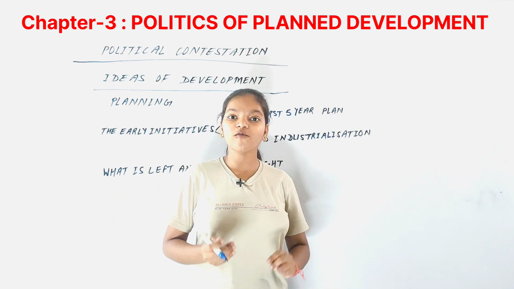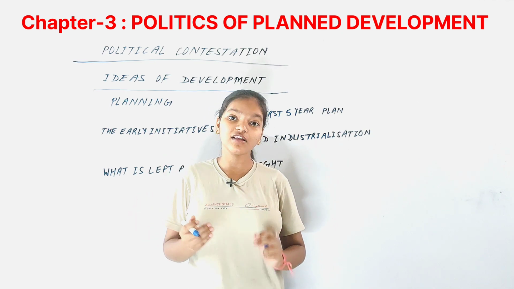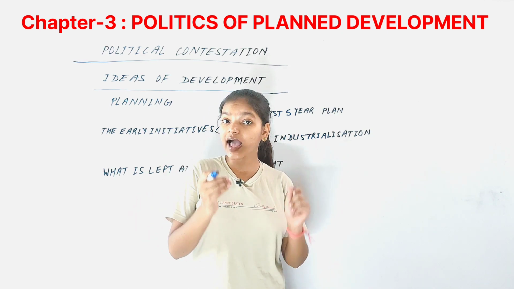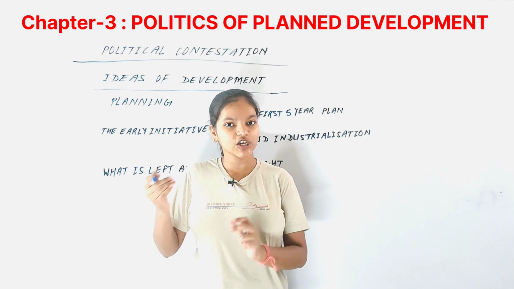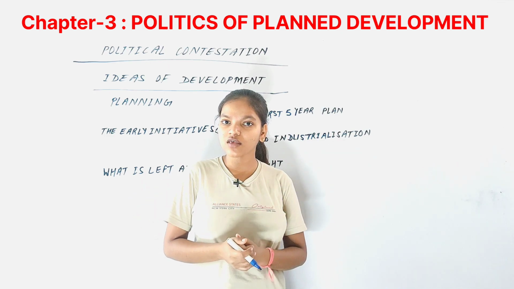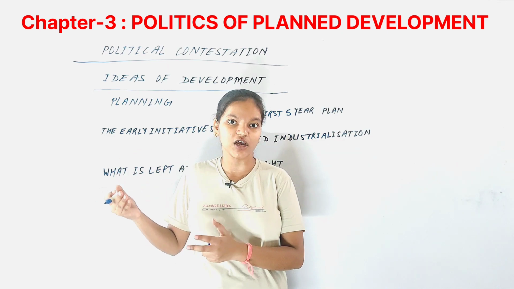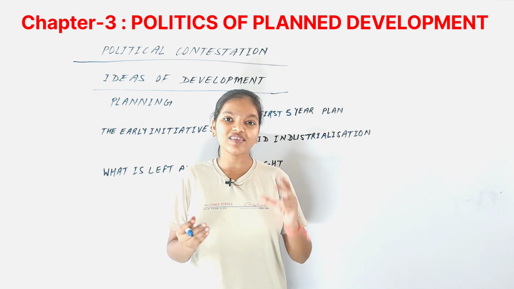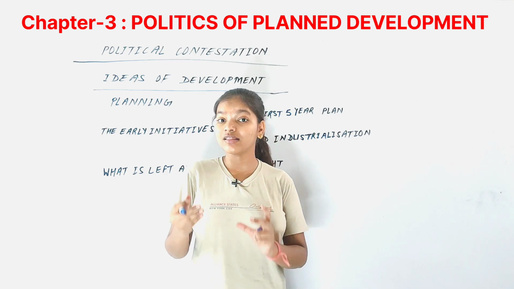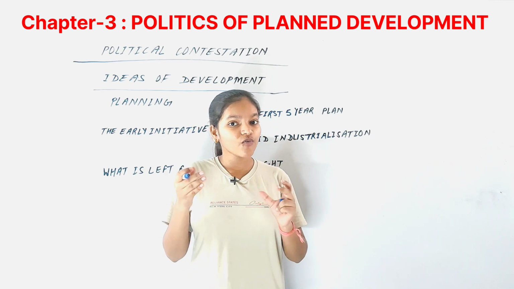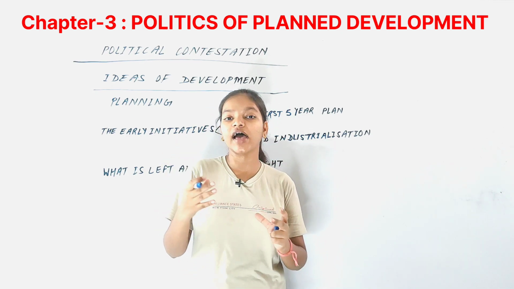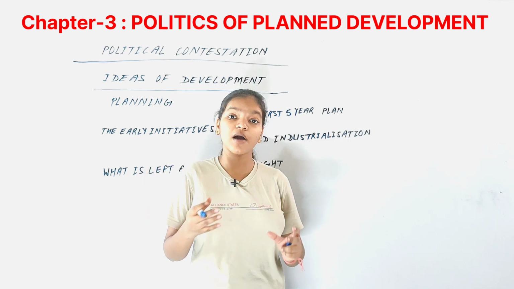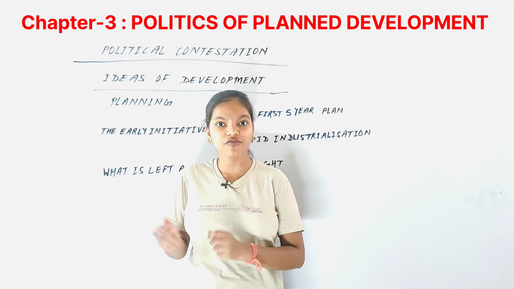So we can say that for the idea of development, it meant becoming more Western, and we had chosen the model of Russia, at that time the USSR, the Union of Socialist Russia. So we can say that the socialist pattern of society was seen as an economic model in the country. So if it was chosen as an idea of development, as a model of development for the country, then what